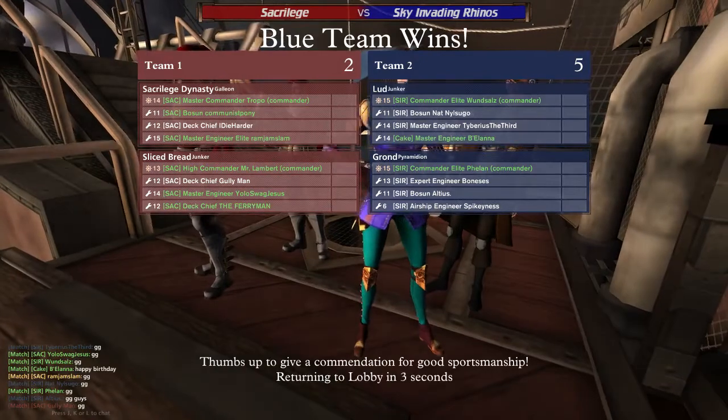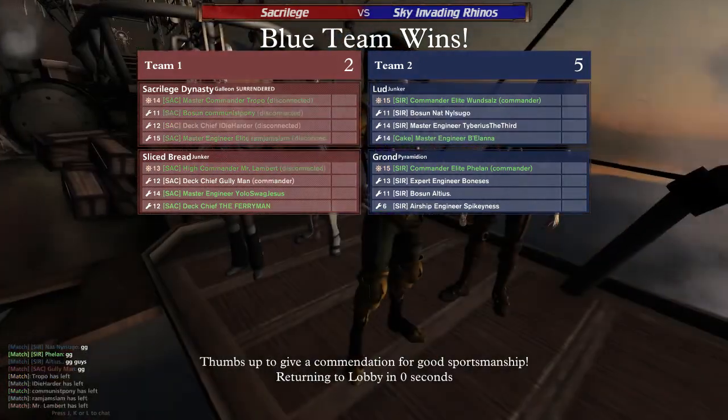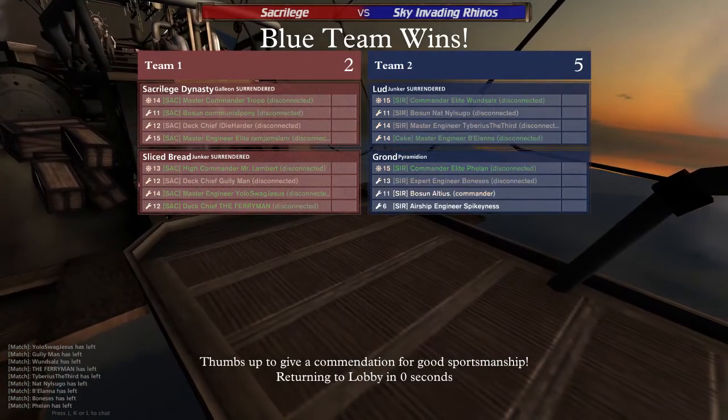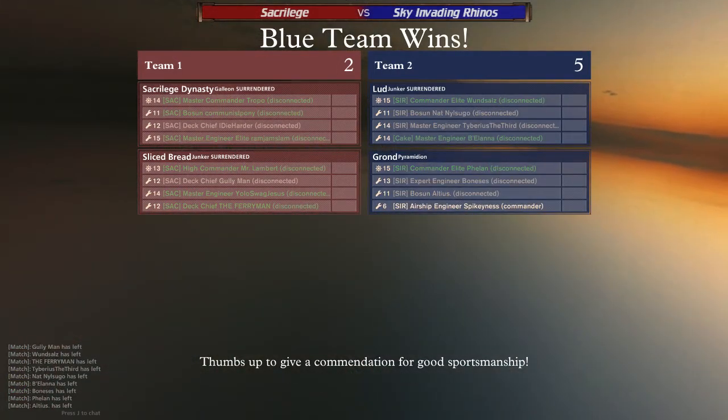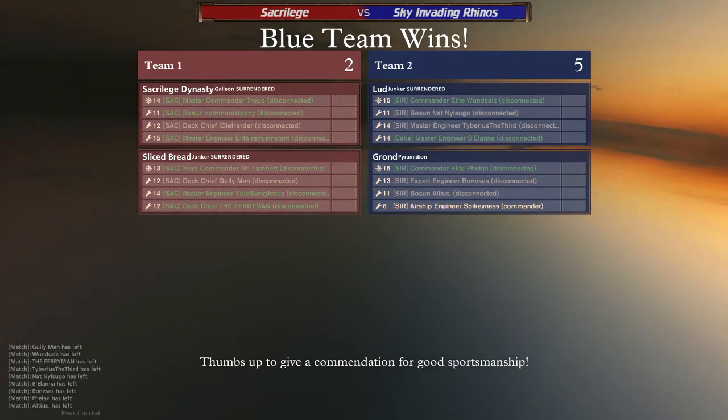You know, hotly contested matches. Unconventional builds, as I said, from the Sky Invading Rhinos, but it worked towards the end there. I think just in terms of some crucial lumberjack shots were missed by the Sacrilege Dynasty. Some spawns weren't there. A lot of, I think, Hwacha shots